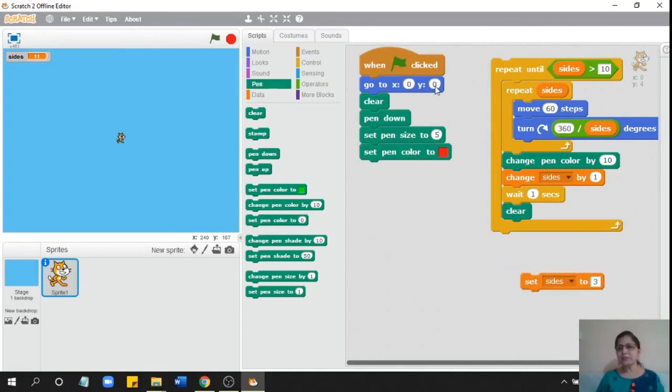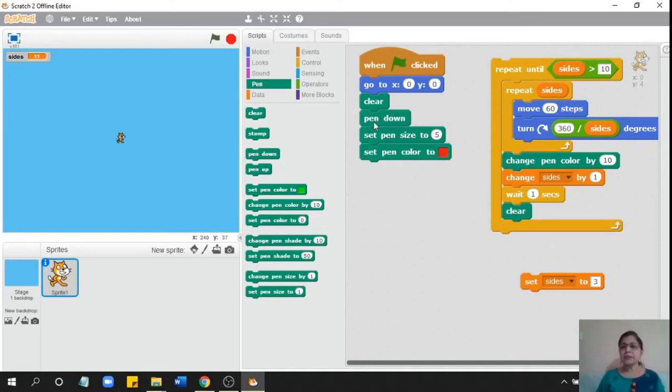That first I will go to X position 0 and Y position 0. I will clear, okay. Why am I saying this clear? Because if there is a figure which is already there, the previous program has drawn something there, we want to clear it and then make the program draw a new drawing there.